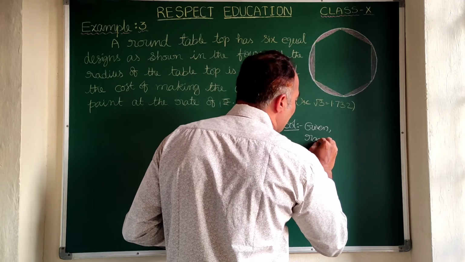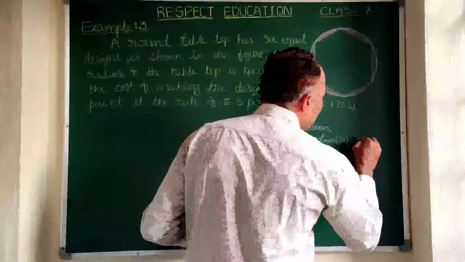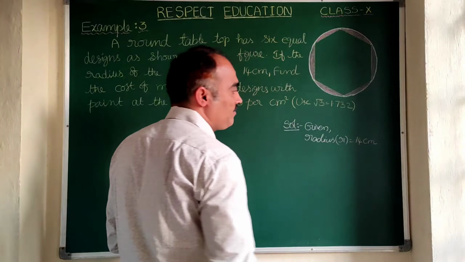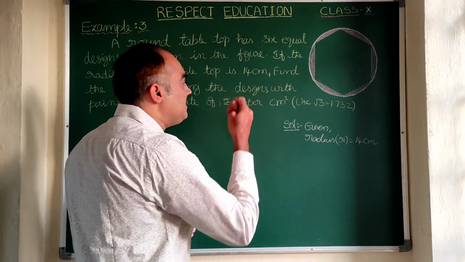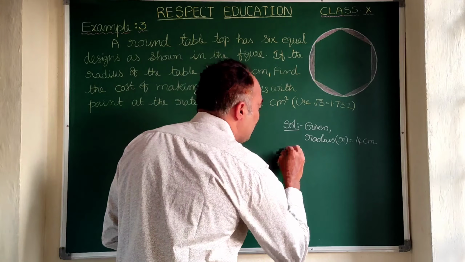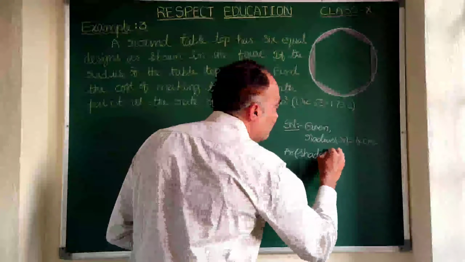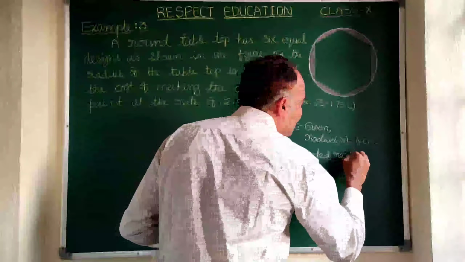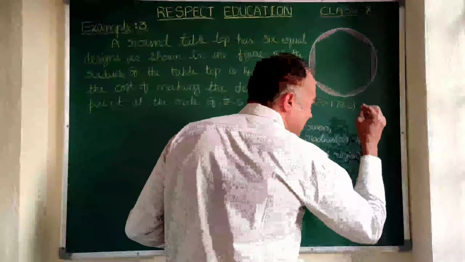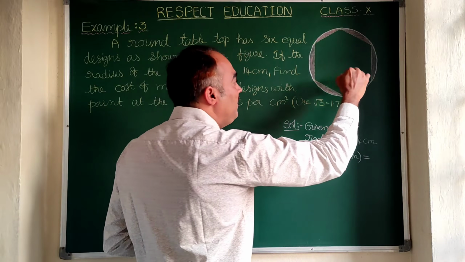Given radius r of the circle is equal to 14 centimeters. Before finding the cost, we need to find the area. So let us find the area of the shaded region. Area of the shaded region is equal to, here you see the shade, to get the shaded region we have to